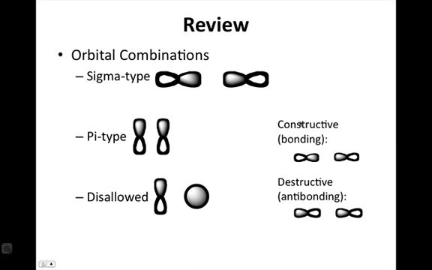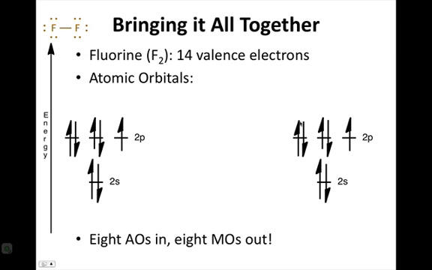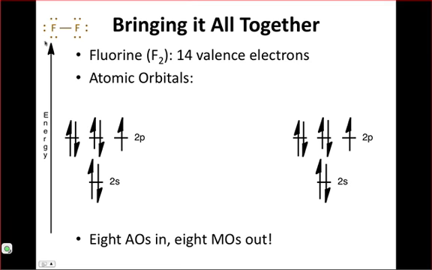So armed with these allowed and disallowed combinations and these ideas, let's take a look at an example of diatomic fluorine. So the Lewis structure of diatomic fluorine is drawn for you here in the upper left and will remain there as we go through this example. You should notice that there are 14 valence electrons in diatomic fluorine, and the atomic orbitals have been drawn out for you